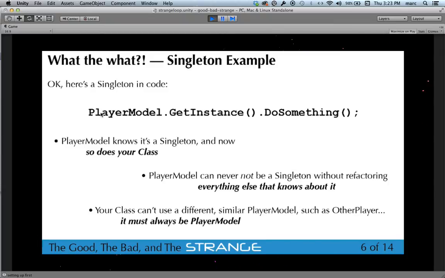So I press a button that's going to post to a wall. If I have to go everywhere and say, well, either it's going to be Facebook or it's going to be Google or it's going to be Twitter, well, you can imagine how complicated that gets. So instead, when we inject, it'll just be a social service. And whether that social service handles Facebook or Google Plus or Twitter or maybe a combination of all of them is going to be of no interest to that other piece of code.